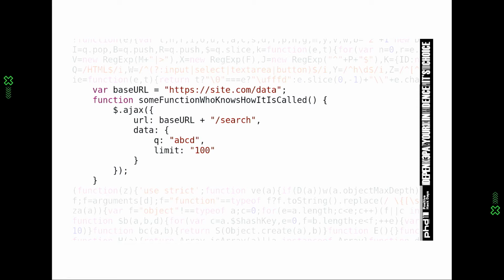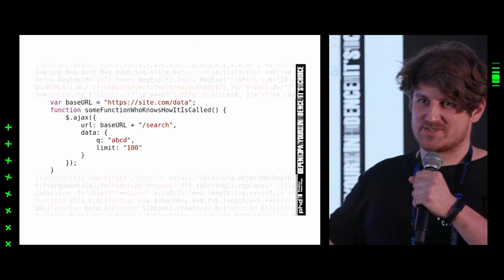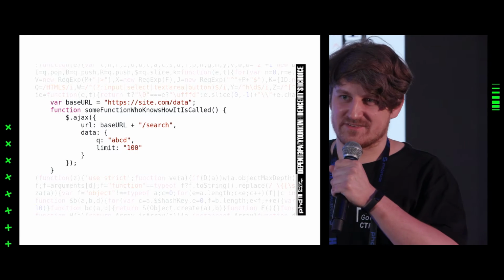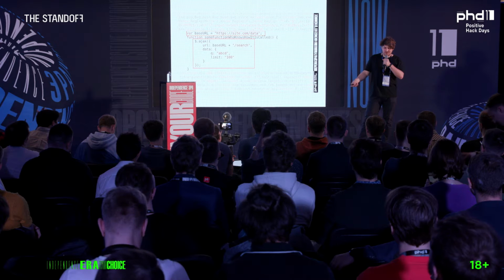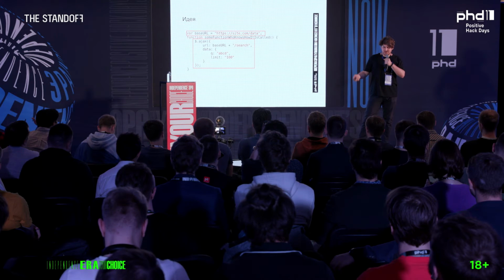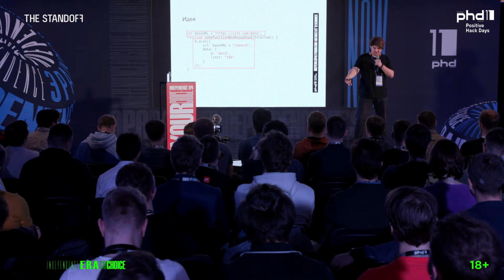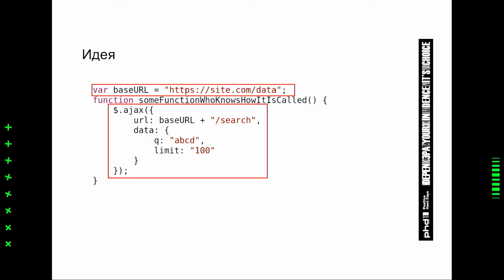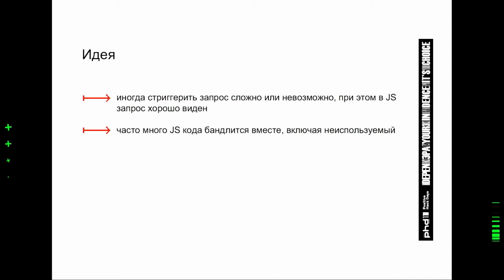So our idea is this. This is a JavaScript code part on a web page. And we don't know how this function is invoked. It may be invoked after a long chain of actions or not, but we can see it's sending a request. We can understand it with our own eyes, right? So probably if we can see it with our naked eye, it could be automated. It could be difficult to trigger